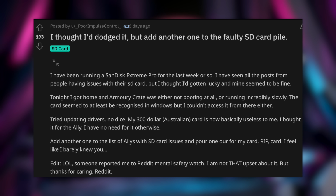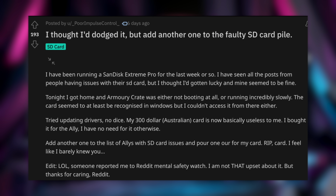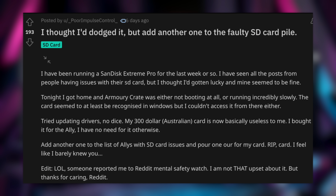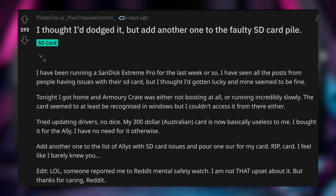So if you're using the ROG Ally as intended in turbo mode while it's plugged in and you're playing stuff like Cyberpunk 2077, Hogwarts Legacy, these games that are really going to tax the hardware and get that thing heated up, the air that's going to be coming out of it is A, going to be hotter, and B, it's going to be more sustained because the fan's going to need to run a lot longer and at higher RPMs to keep the device cool, and because of that, you have a much higher chance of frying your micro SD